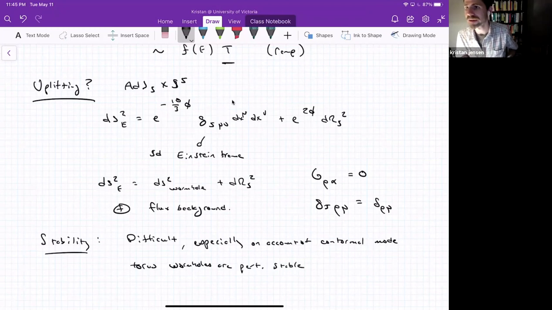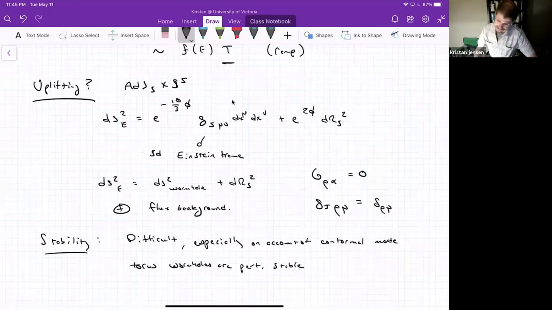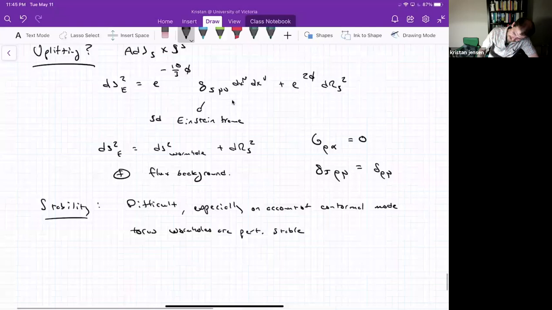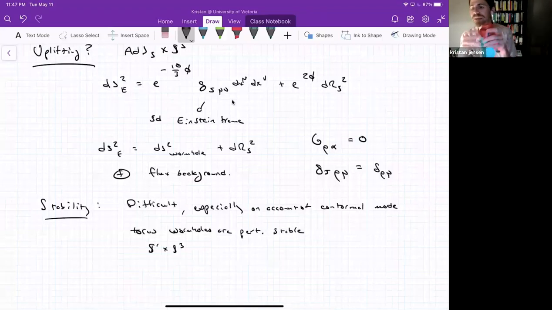And as far as S1 times S3, what we can show is that one becomes a little bit trickier. What we can show is basically that there's no level crossing. That we can show that it's stable as well as a configuration in 5 dimensions with this assumption again, because